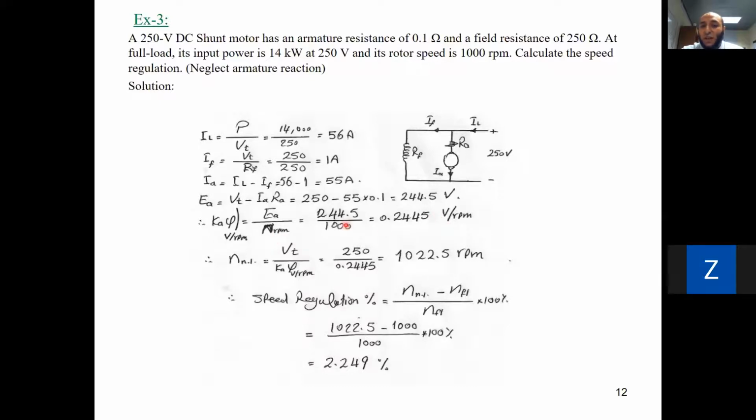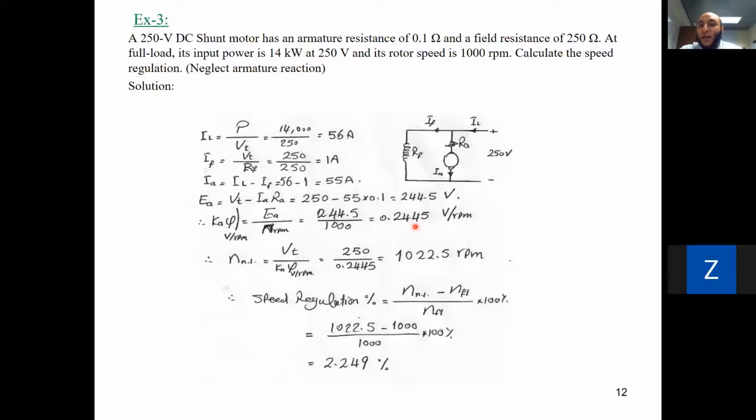But if we divide it by N, the units of K phi will be volt divided by RPM. And you can calculate in both ways, but you have to unify your units in solutions. So we can calculate at 1000 RPM, which is the full load speed here,